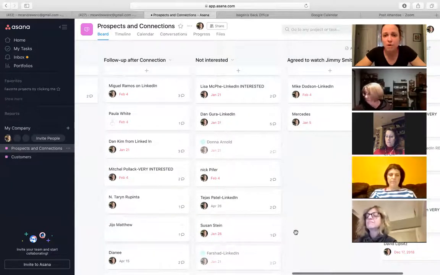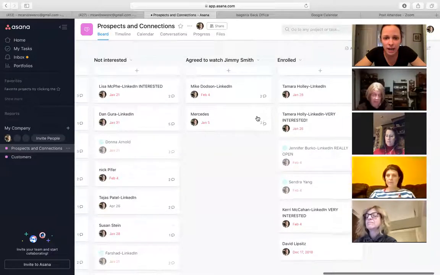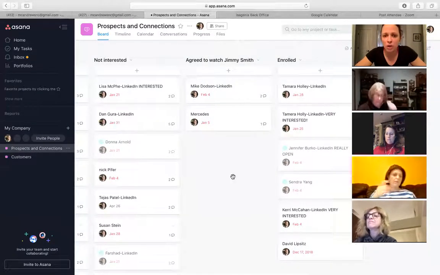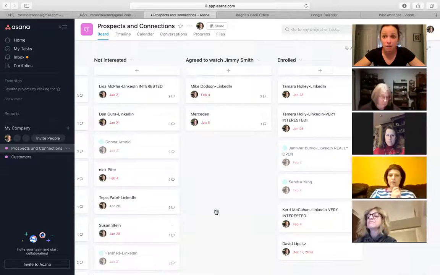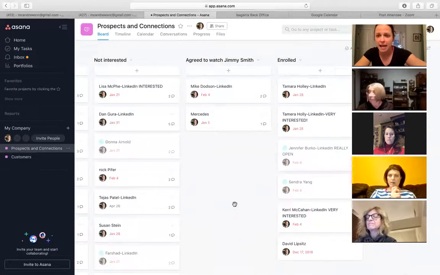And then you can make temporary columns. So like, I never followed up with Mike. I followed up with Mercedes. I had a big group of people who agreed to watch Jimmy Smith. And so I made sure that out of all my prospects, I followed up with those particular prospects that I invited. I took their cards and moved them all into this category that other week.